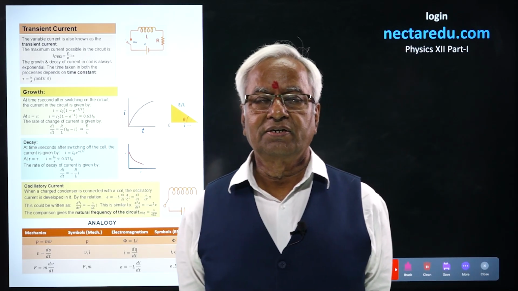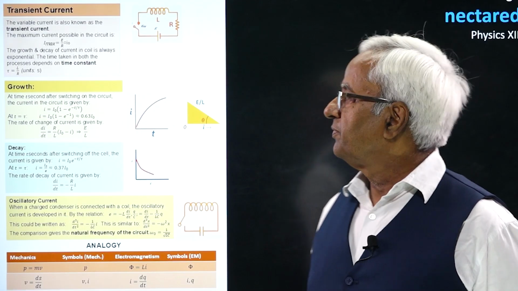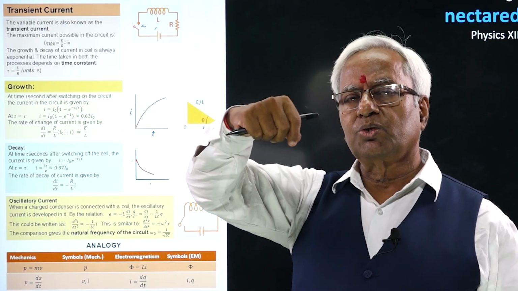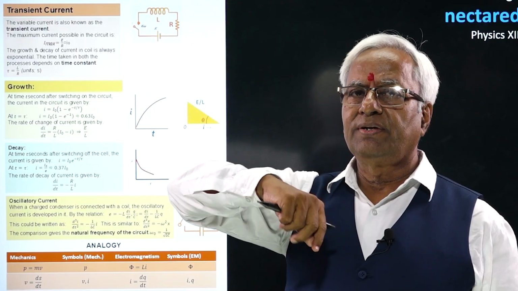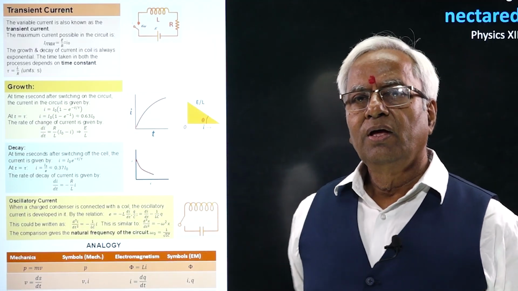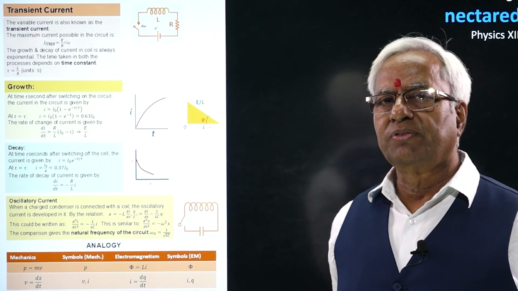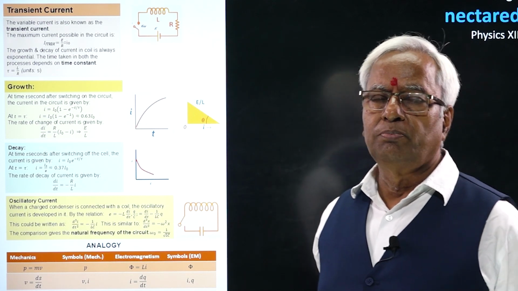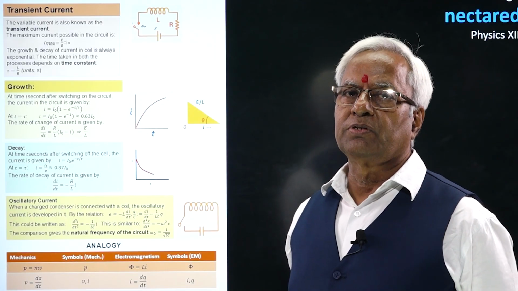Transient current. The term transient represents the variability. Whenever the cell or any source is switched on, the current will start increasing gradually. It will take some finite value, but will start from 0. Thus, after switching on or after switching off, the current is always variable. The growth and decay, both the processes are exponential, and the time taken in the process of growth or decay